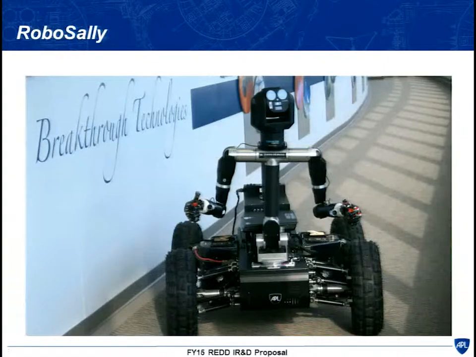So we did this with our existing robotic platform called RoboSally. RoboSally has a mobile base provided by Robotics. It has a 3-degree freedom torso, 2 anthropomorphic arms as its manipulator and end effector, and then a sensorized head that provides binocular vision as well as time-of-flight 3D sensing capabilities.